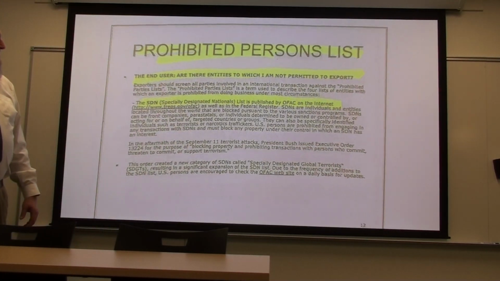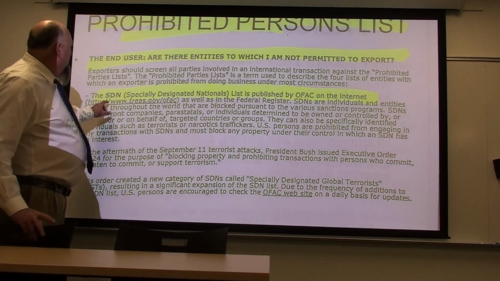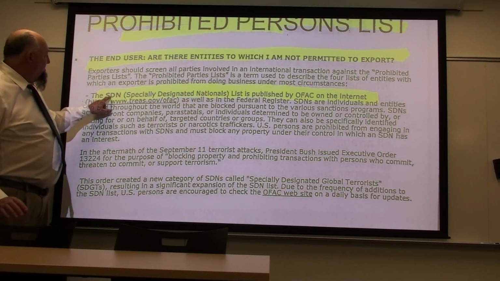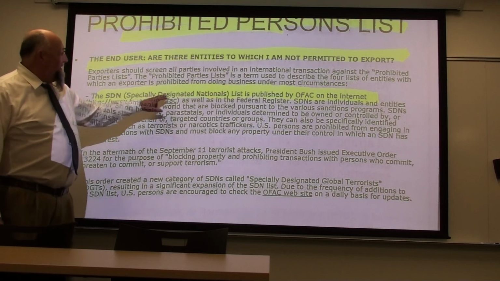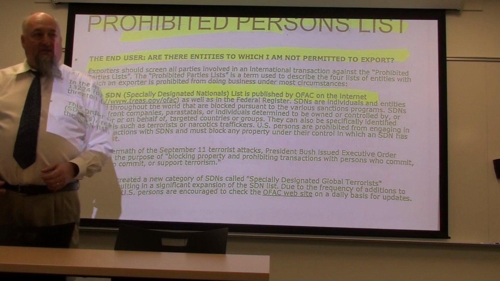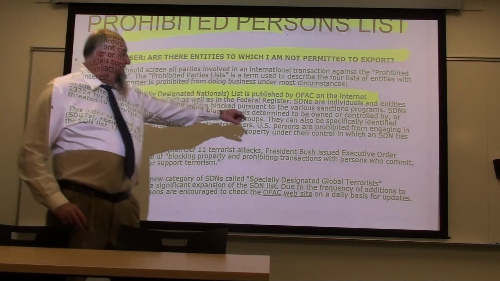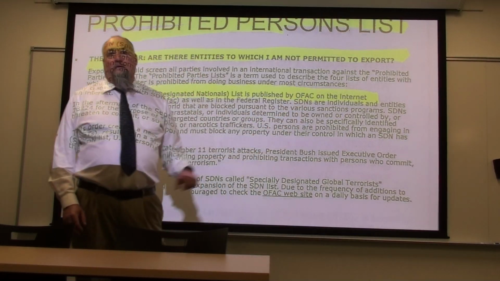So, apologize for all the words on this. This was a cut and paste off the website. So this leads us to the SDN, or Specially Designated Nationals list. This is a list that is developed by the Treasury Department through the Office of Foreign Asset Control, or OFAC,